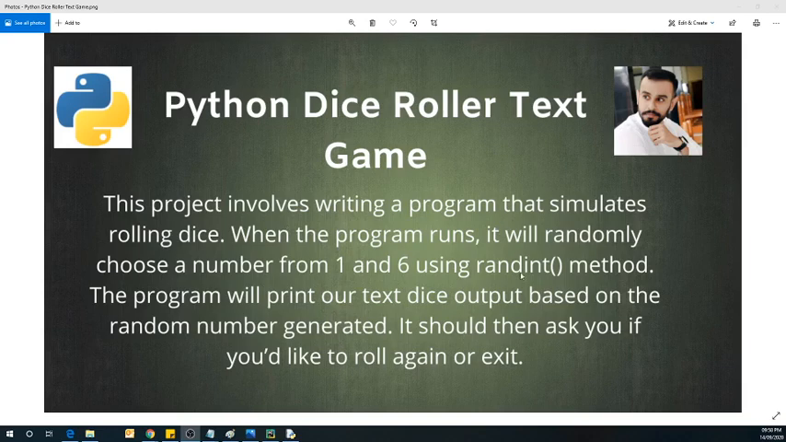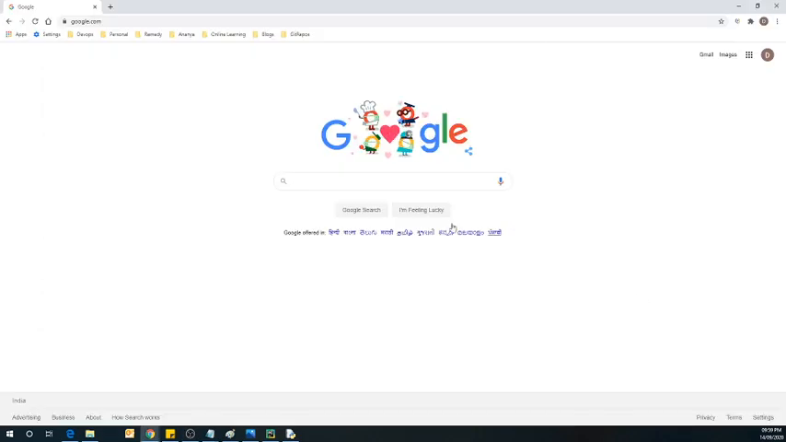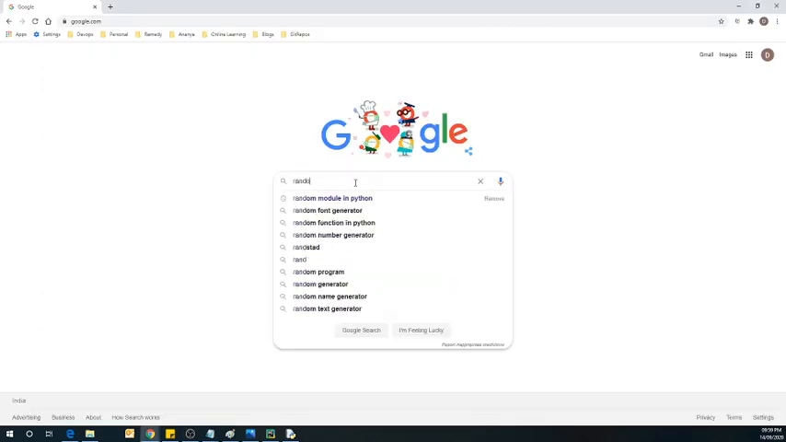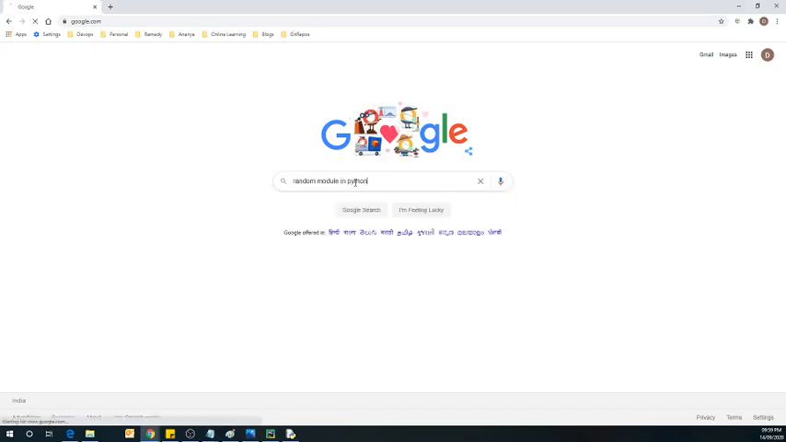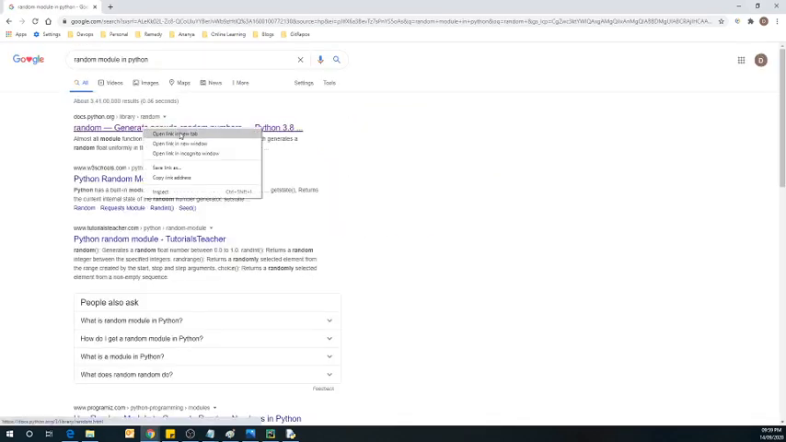So today we are going to create a Python text game. In this game we are going to use one of the methods which is a part of the random module. So if I go to Google and I search for random module in Python, if I open